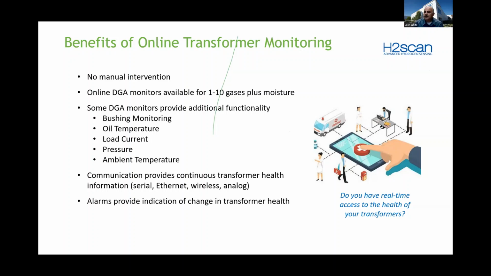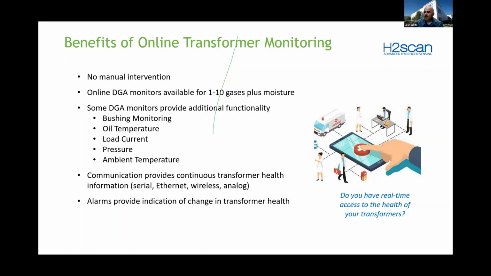And once it gets to the lab, there's manual intervention in removing the sample from the container and actually testing the sample. And so there's lots of various things that have potential to go wrong